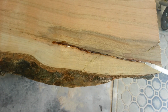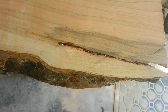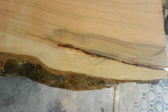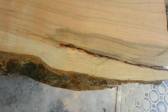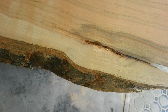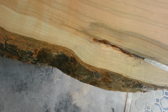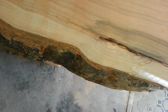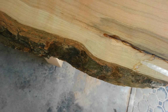This is crucial because, you know, when you put a finish on something like this, you want it to be super flat, or at least not have all of those valleys in there. It looks a lot cleaner. When the epoxy dries, it'll actually look like it's been filled with almost like a glass solid like material, and it adds some uniqueness to the piece, as you can sort of see the cracks still,